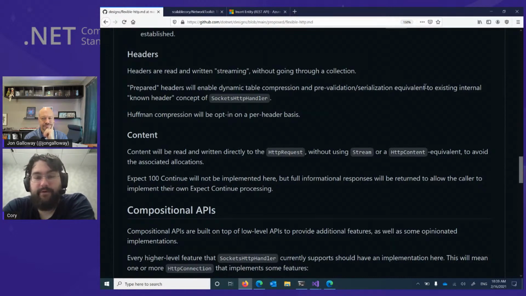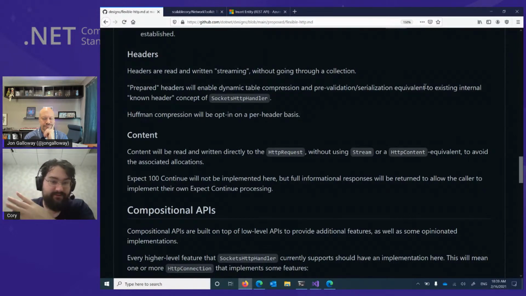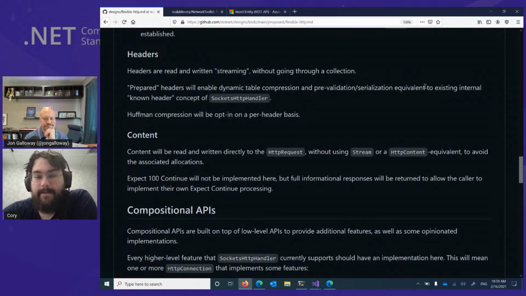Often there are plenty of other headers that are just the same for every request you make, and preparing a header like that allows you to bypass any serialization that happens behind the scenes. You just do it once, and then you can copy this byte array directly into your buffer and not have to worry about a whole bunch of other logic. So this is exciting for a lot of API usage,